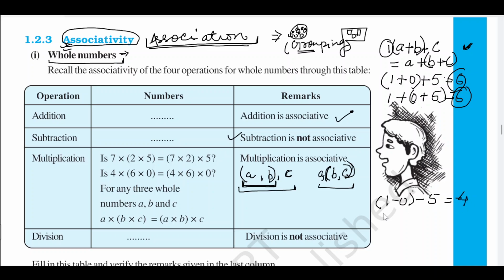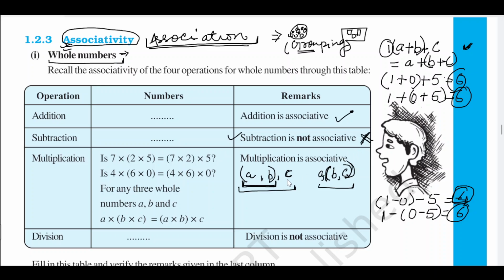The second will be 1 minus (0 minus 5). This time our result will be 1 plus 5. It is going to be 6. So the LHS is not equal to RHS. So we will say subtraction is not associative